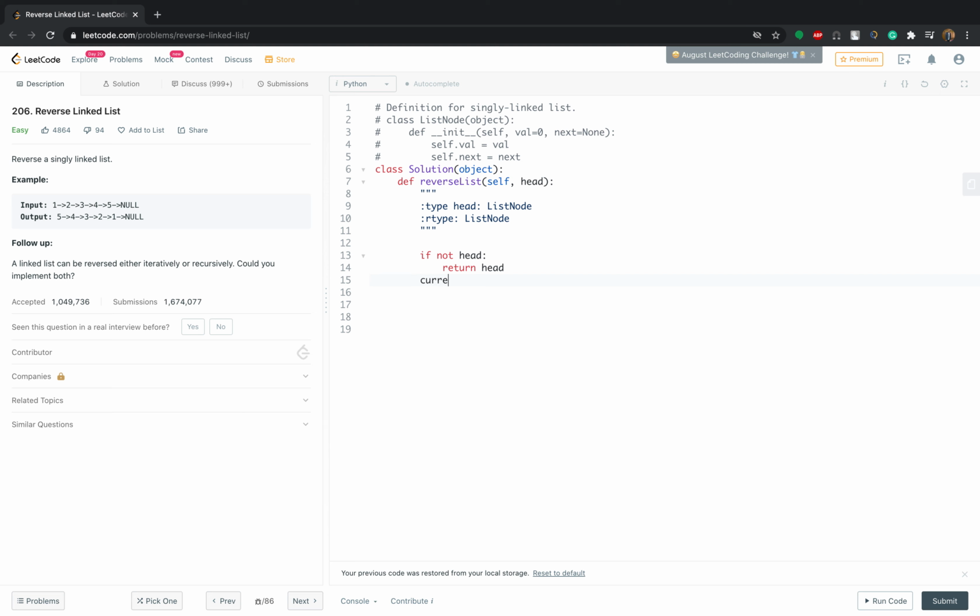We have two values as mentioned, previous and current. Previous should point to null and current would point to head. Until current exists, we'll have a loop, and then we save the current dot next in a temp variable.